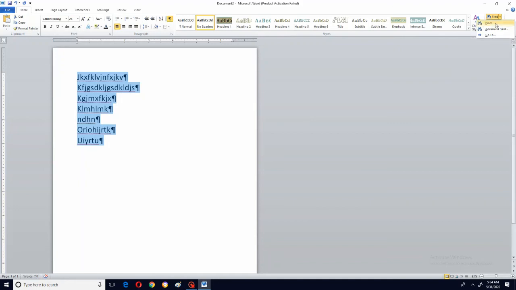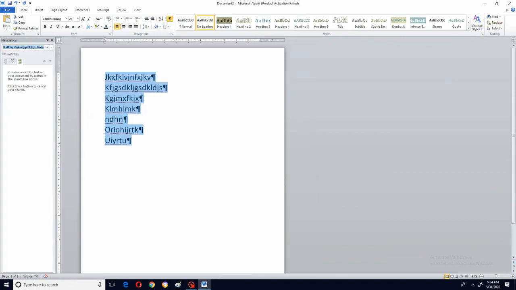Now click on find. What happens? See, it is asking which one should I find. Just give J there, right? See, can you see 9 matches along all these things? See, J 1 2 3 4 5 6 7 8 9 10, right? So all these J's are being shown. In the same way, suppose if I want not J but D, it will show the D. Wherever D is there, it is showing. So in this way you can find the letters.